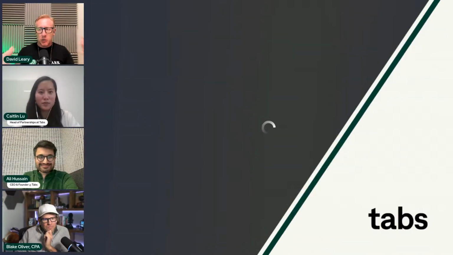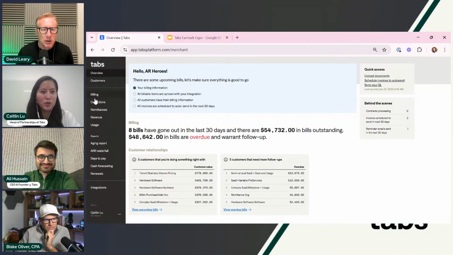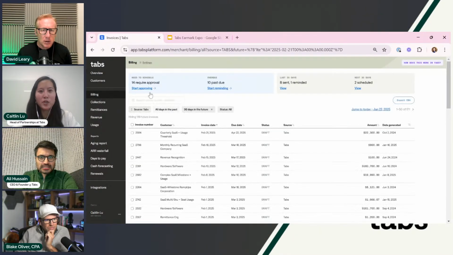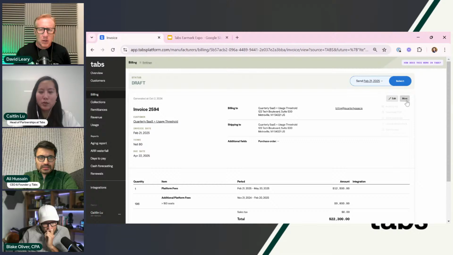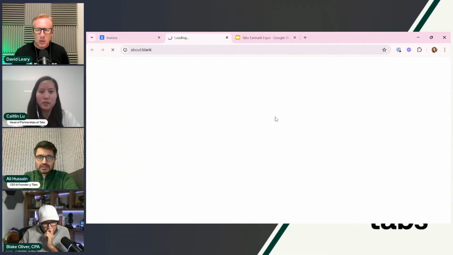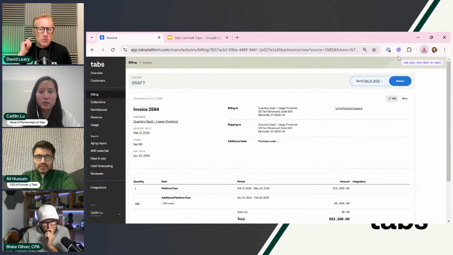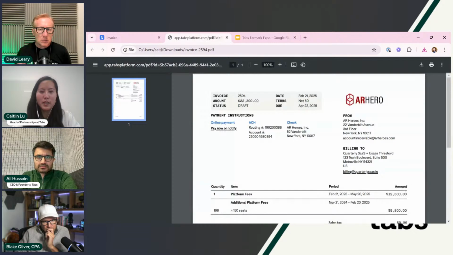Can you show what that looks like from a customer perspective? Yeah, for sure. It's called the Tabs Customer Payment Portal, and it is linked to every invoice. How I'll show that is I'll just download a sample invoice and open that up. This is a hypothetical Tabs invoice coming out of our demo instance. Every invoice will have the payment portal linked. So if I click on that,